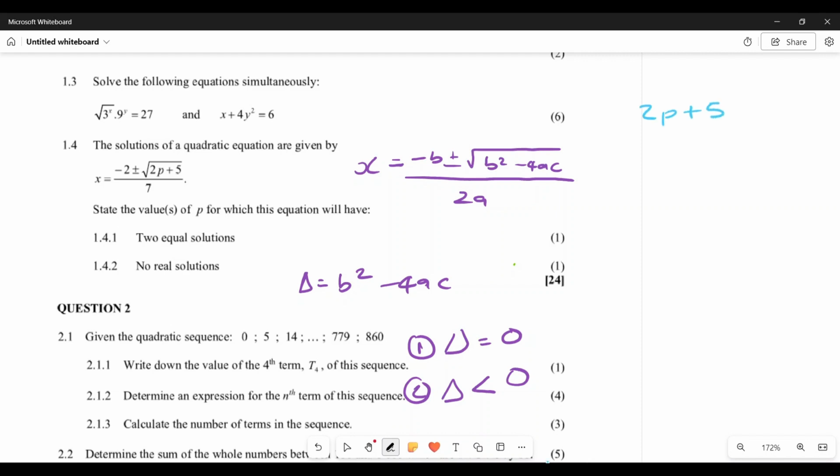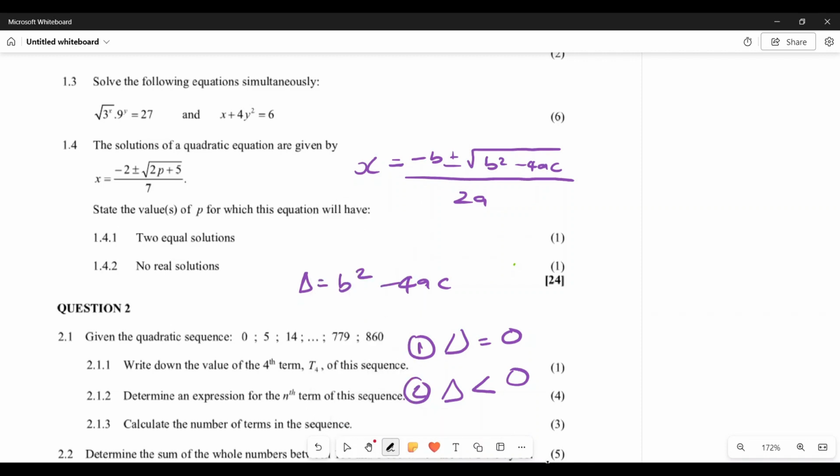Now for the first scenario, we want the values of p for which this equation will have two equal solutions. So we're going to equate this to 0. As a result, we're going to solve for our value of p. So 2p is equal to negative 5. Dividing both sides by 2, your value of p is equal to negative 5 over 2. Now this is your first answer. Right. Now for the second scenario,